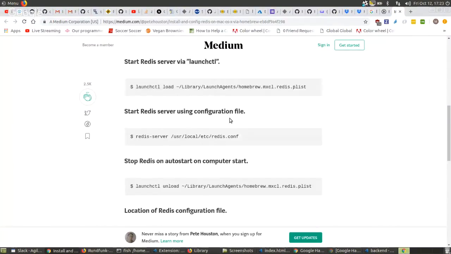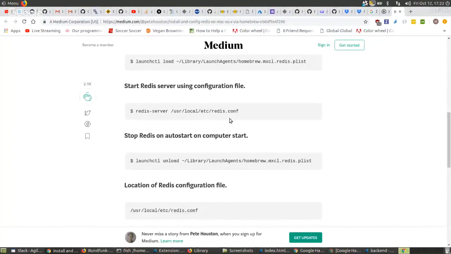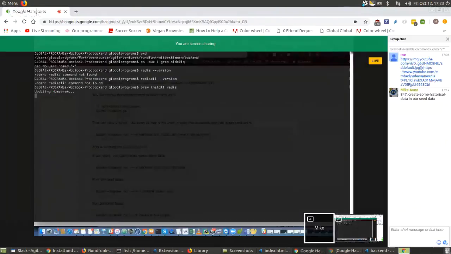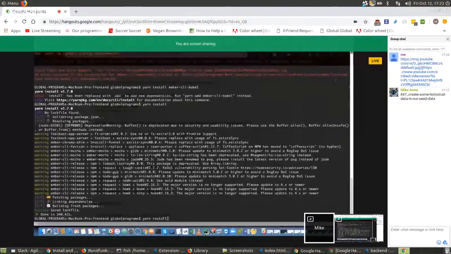You could say which Redis CLI, maybe. Like which Redis CLI. Yeah, so that gives me... I'm not sure, do I have which Redis? No, which Redis CLI. Yeah, or you could do that as well. In the background, it seems like the yarn has finished. I wonder if that will get you past that issue that you were having.